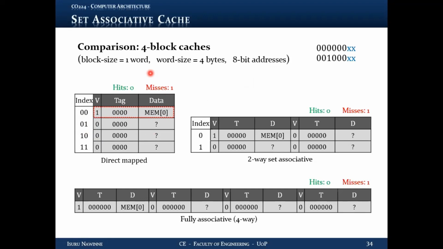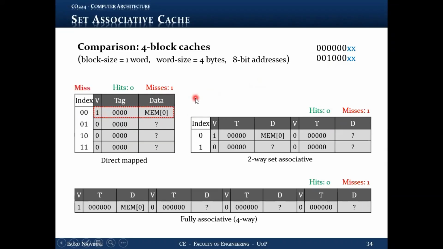Do we have a tag match? We don't, right? We don't have a tag match. And why is that? Because the stored tag is 0 and the incoming address tag is 0010, or 2, right? The tag is 2 here, 0010. The stored tag is all 0. So the tag comparator will return a 0, and even though this entry is valid, you will have a miss